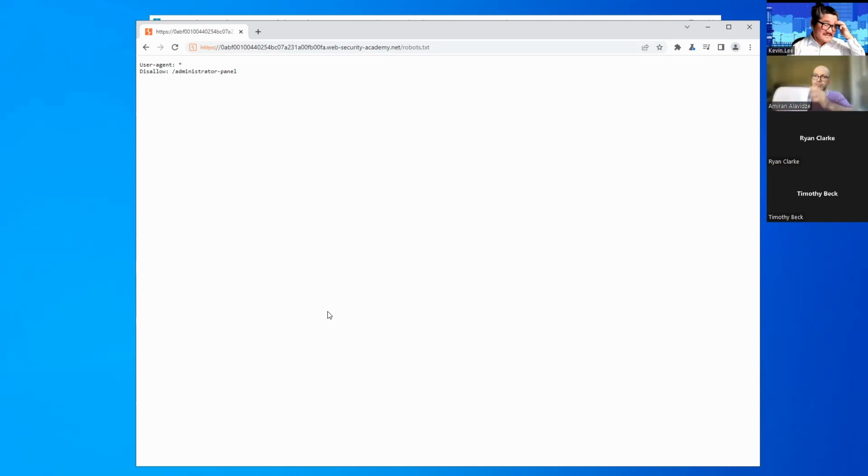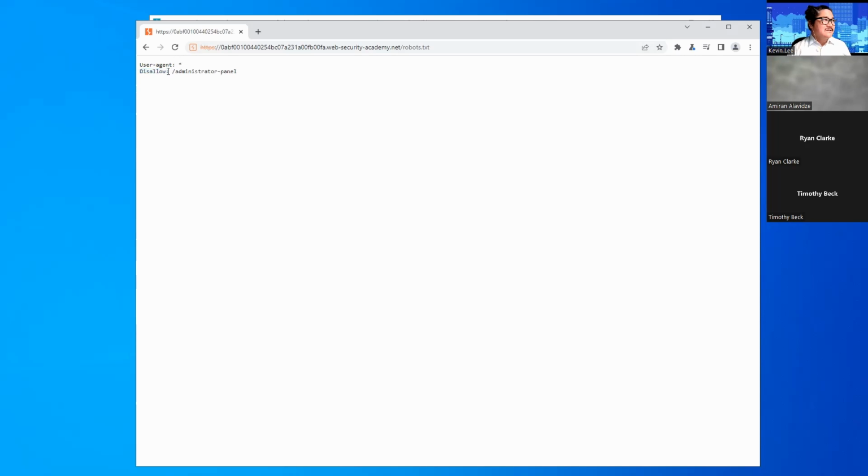But as far as security is concerned, robots.txt can be very unintuitive, as it might expose potential sensitive endpoints of the website to potential attackers. For example, the robots.txt does not want web crawling robots to access this administrator panel endpoint over here. But that's exactly what we want to use.